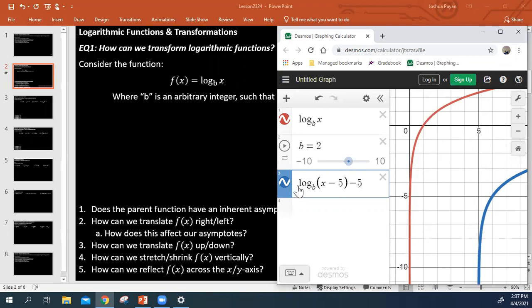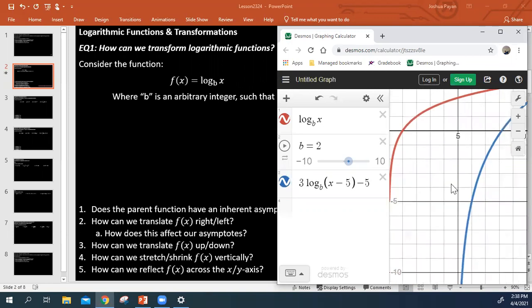What about stretch or shrink? Oh, gee, I wonder if that changed. Yeah, no, it didn't. Okay, so if I want vertical stretch, and let's go ahead and get a good idea without the,